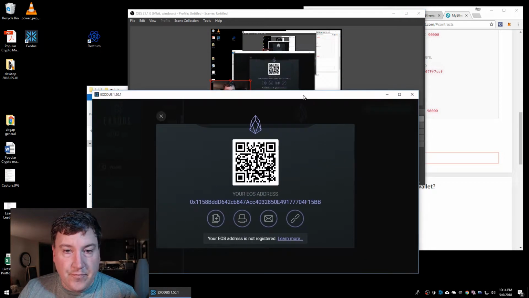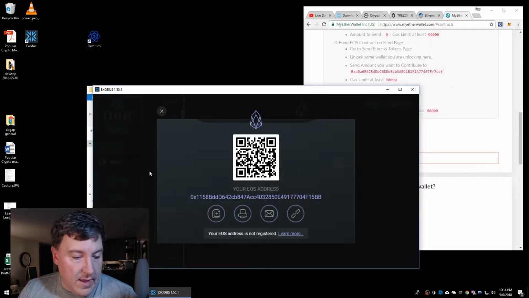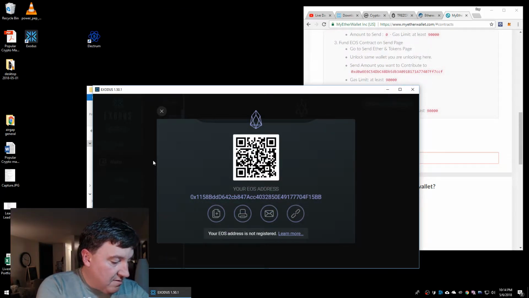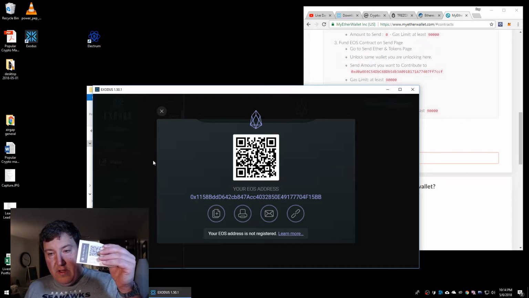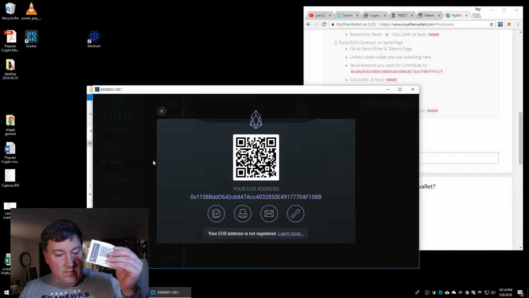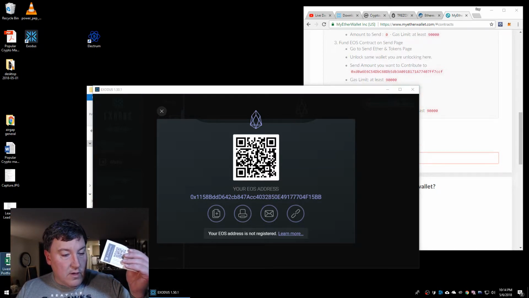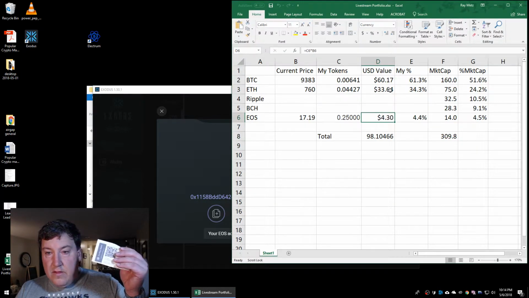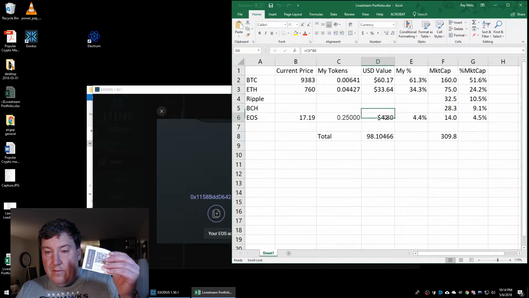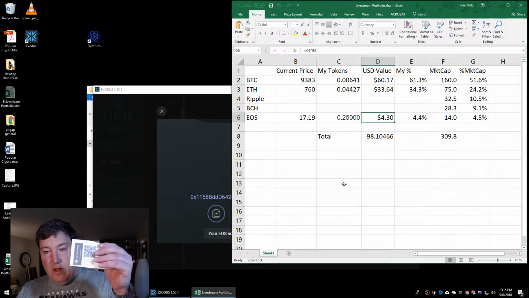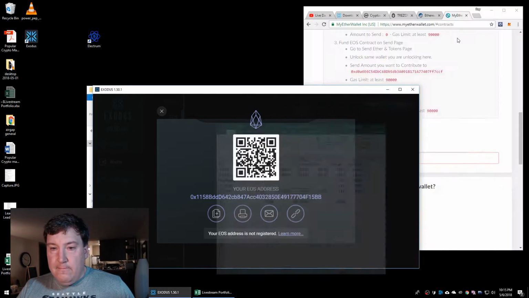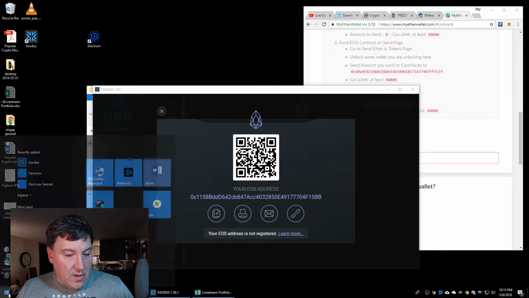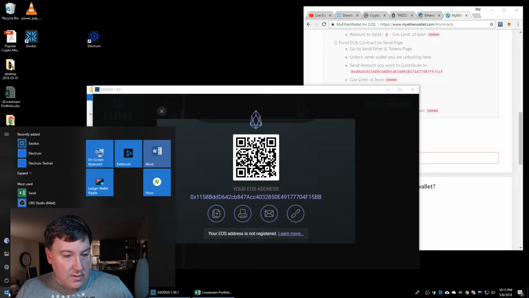this wallet. So in order to do that, I've got my EOS on my paper wallet. This has got the $4 of EOS. It's also got $33 of Ethereum and $4 of EOS on this wallet. I want to move it into Exodus. So to move it into Exodus, the way I do that is I go to